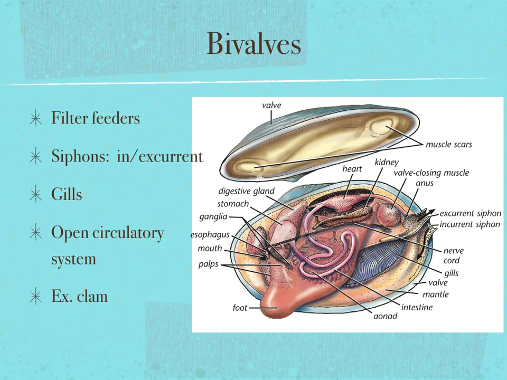Now, one more thing I want to show you before I go on. Look at the bottom left, and you see the word foot. Bivalves have a muscular foot which they use to drill into the sand. When you go to the beach, oftentimes you'll see those little tiny sand clams that drill very quickly into the sand after the water current heads out, because they are very vulnerable to birds and other predators. They use that foot to drill, so they can move by using their muscular foot or create movement using their incurrent and excurrent